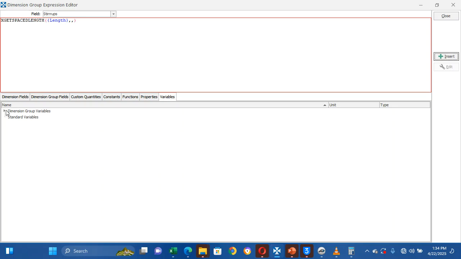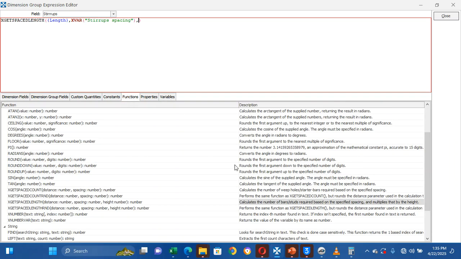So now this length divide by the spacing. You see it is in between these commas here. Then double click this in between spacing. Then lastly we need, let's check the function. It says height. So this height